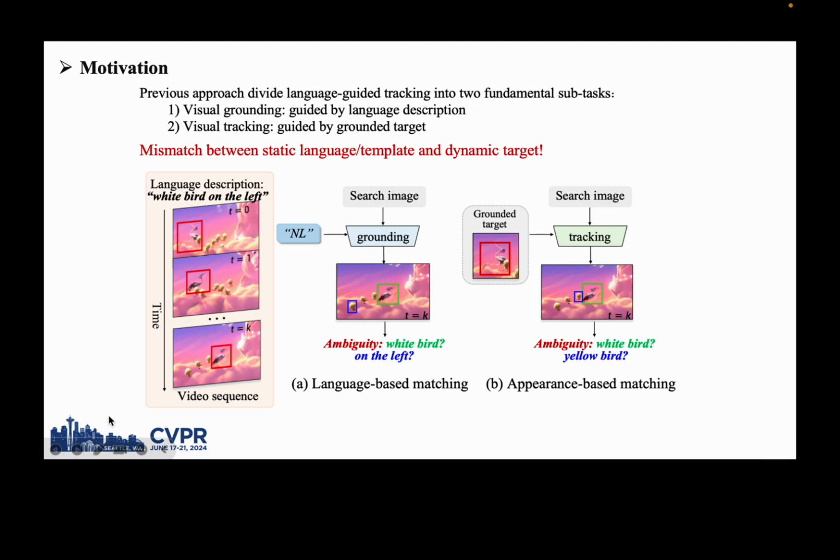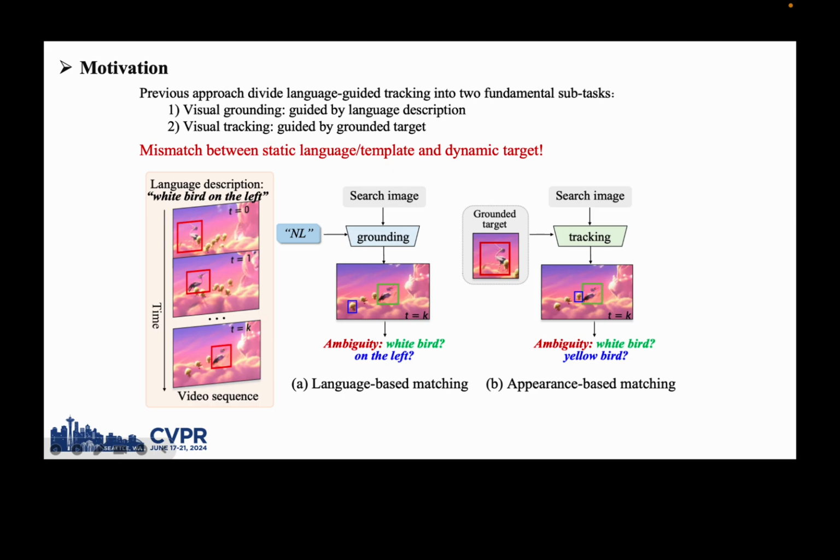the initial frame. Previous approaches initially localize the target object solely based on the given language description, and the grounded target serves as the visual template to establish correspondence with the search image. The final results are derived through the amalgamation of the outcomes. These approaches typically process the language and template independently until merging their matching results, which may lead to ambiguity in